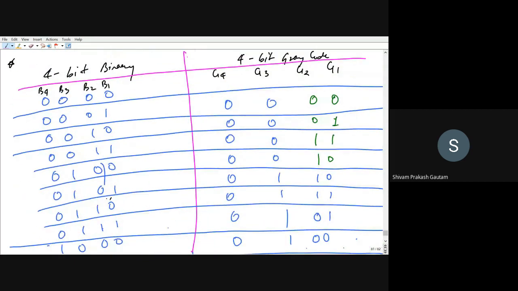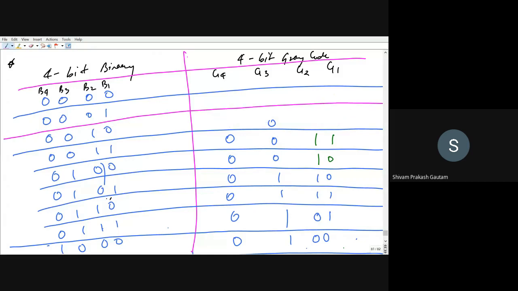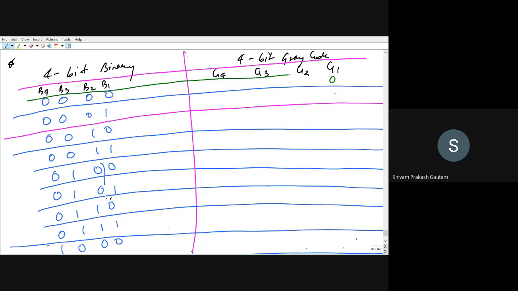Okay, so I have made a mistake. Earlier I have started from here, but it has to start from here because this is the equivalent binary code. So I can draw a line one here, one line here as well.